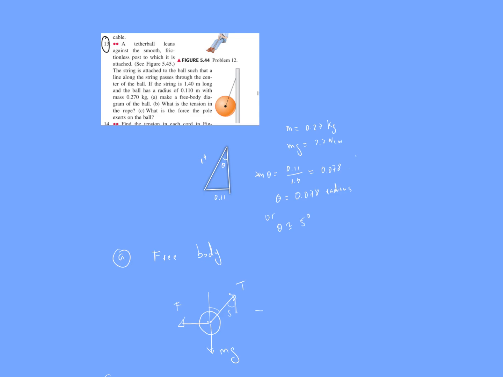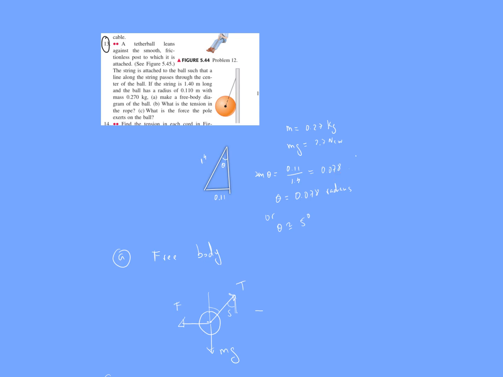The problem says you have a ball like this one. The wall is making a force to the left. The ball is in equilibrium. The sum of all the forces is 0. So they give you the data: the radius is 0.11, the length is 1.4, and this data allows you to find theta, because sine of theta is 0.11 divided by 1.4, so sine of theta is